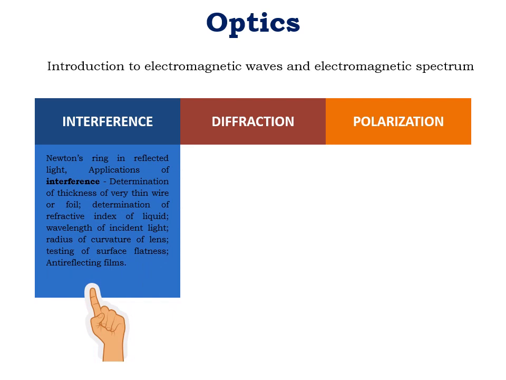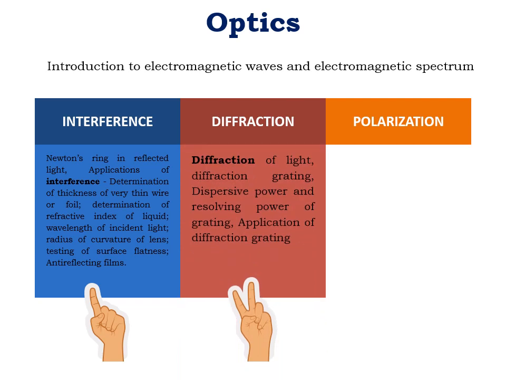In interference, basically we are going to understand one specialized case of interference, and for that one experiment is provided in your syllabus, that is nothing but Newton's ring in reflected light. Okay, so we are going to see the construction and working of that Newton's ring experiment and then applications. Why to study that particular experiment, that we are going to understand with some applications provided over here. So that will be the portion of interference section.